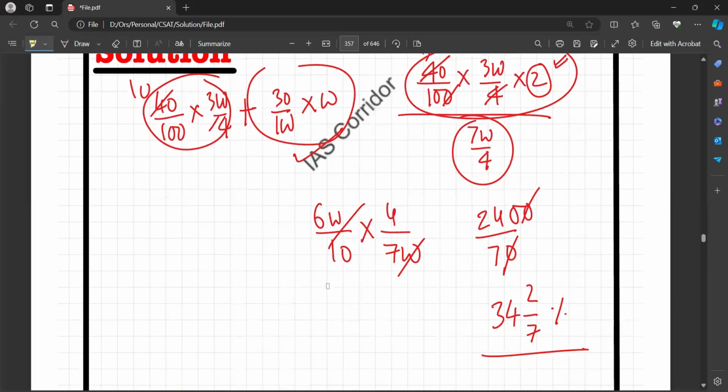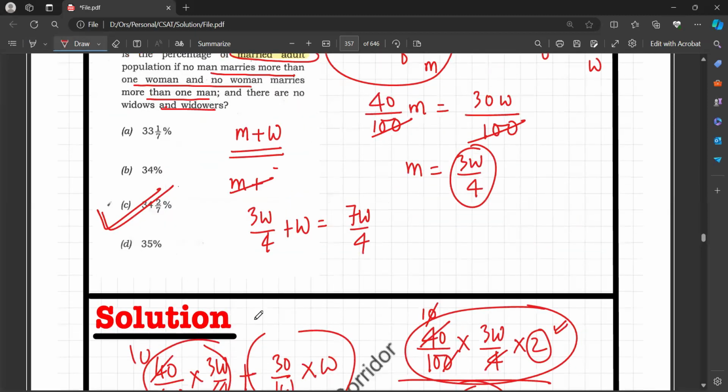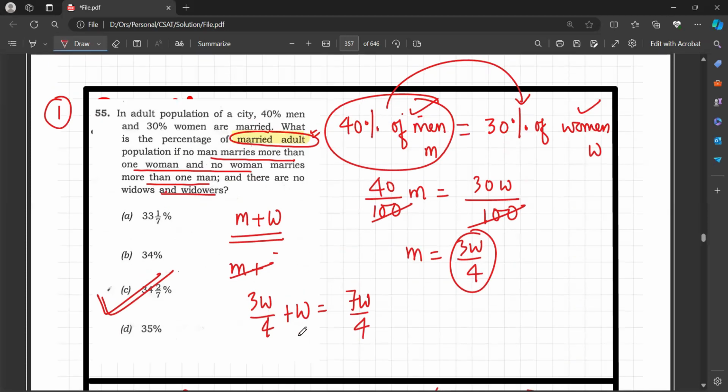And else what you would have done is, most of the students, if they skip this married adult part, what they would do is this 2 getting cancelled, it becomes 1200 by 7, 120 by 7. That means 7 ones are 1 whole. But अच्छा हुआ कि 1 whole का ऑप्शन नहीं है. अगर वो होता तो आंसर गलत हो जाता. Anyways, the answer would be 34 whole 2 by 7, right? Let us proceed to the next question.